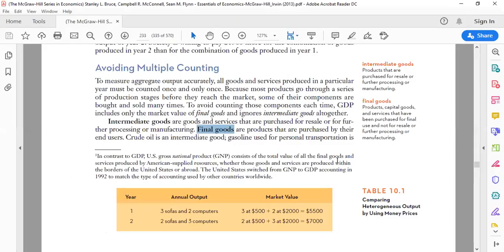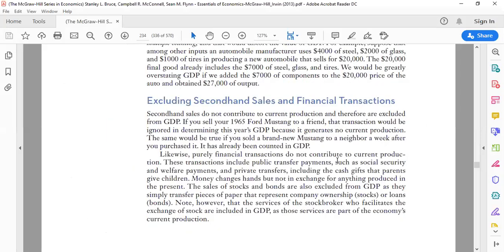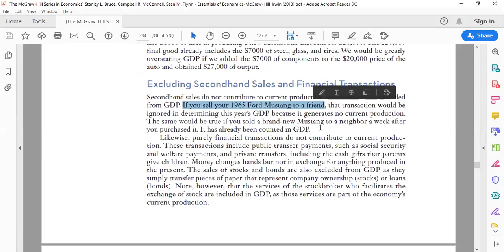So we avoid multiple counting. GDP excludes the second-hand sales. If you sell your car to a friend in 1965 and that car is produced in 1960, the value of the car is calculated in the GDP of 1960. It cannot be calculated again in the value of the GDP of 1965, because the car becomes a second-hand